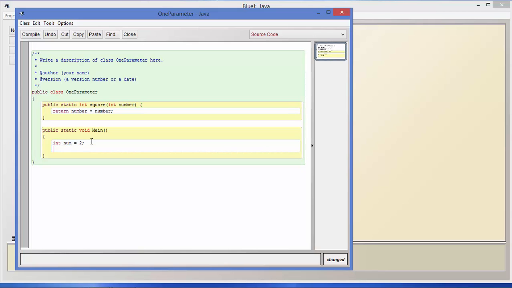So we can create a variable num, assign it the value 2. Then we can say, let's do num squared. Now before we run the program, let's take a look at what we've done. So we define a variable num and give it the value 2. Then we create another variable num squared, and its initialization value is going to be the result of calling the square method